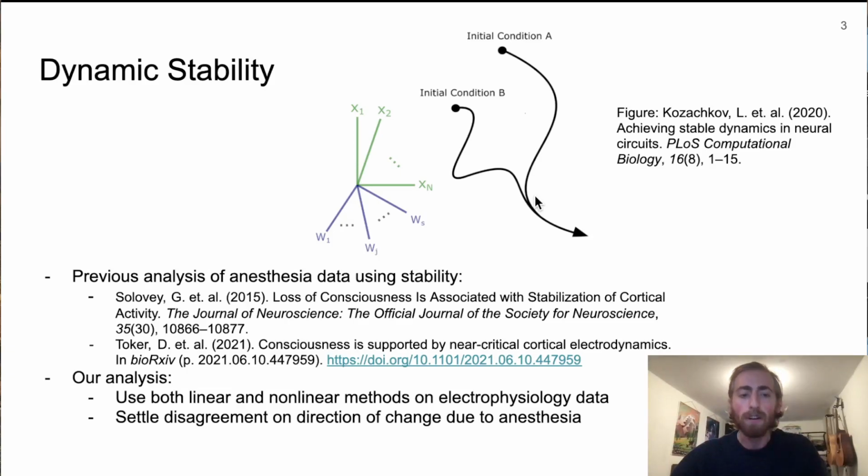There's been some great previous work analyzing neural anesthesia data through the lens of stability, notably Solovey et al. and Toker et al., but these papers actually disagree on the direction of change in stability, with one suggesting stability increases during anesthesia and one suggesting stability decreases. We're hoping to settle this disagreement. Our analysis here is unique in that we'll be using both linear and nonlinear methods, and we'll be using electrophysiology